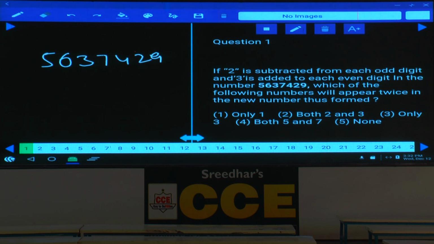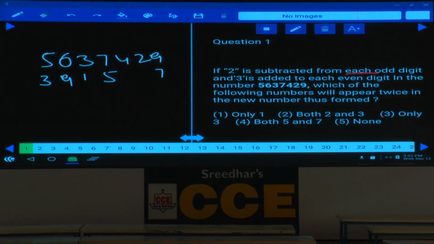5637429. In this one, 2 is subtracted from each odd digit: this will be 3, this is 1, this is 5, and this will be 7. Similarly, 3 is added to each of the even digits. Now 6 plus 3 is 9, 4 plus 3 is 7, 2 plus 3 is 5. Now in the newly formed number